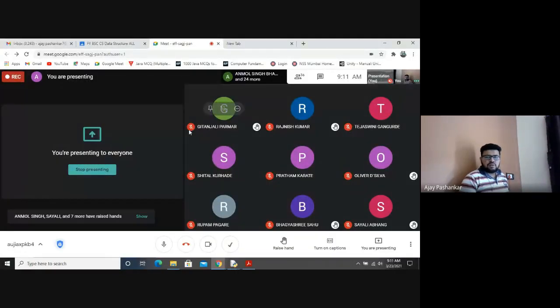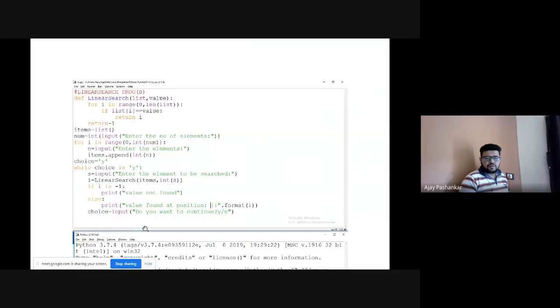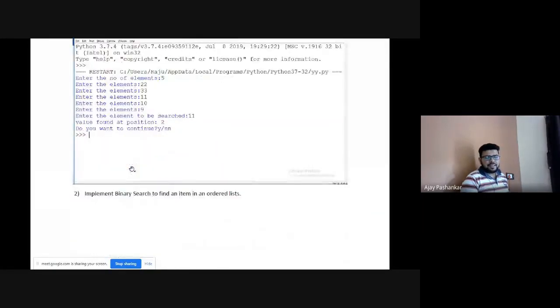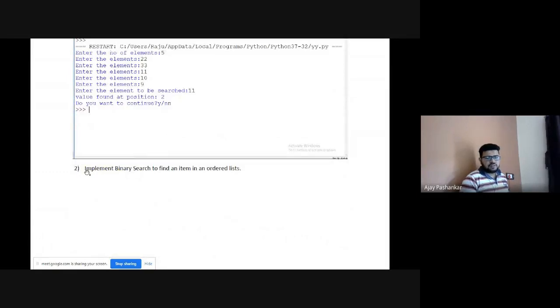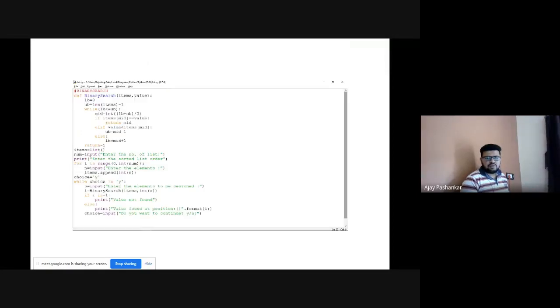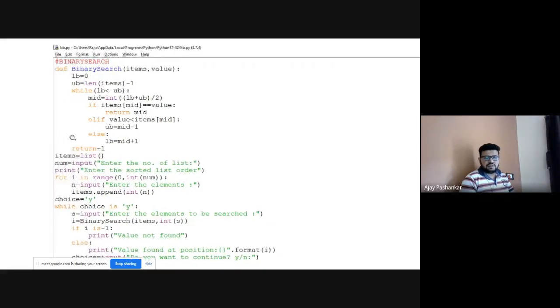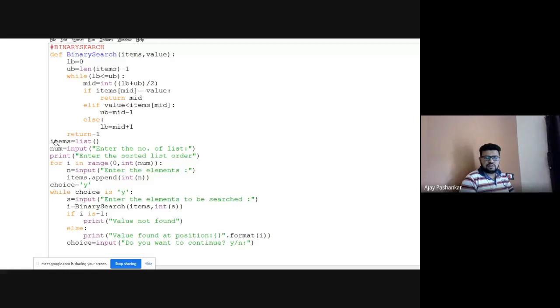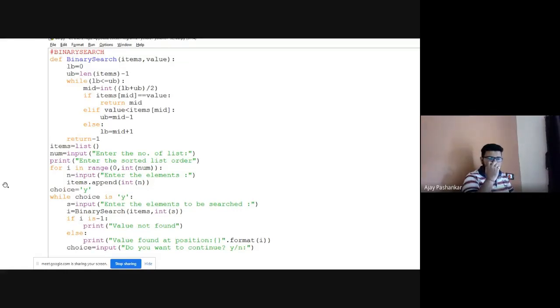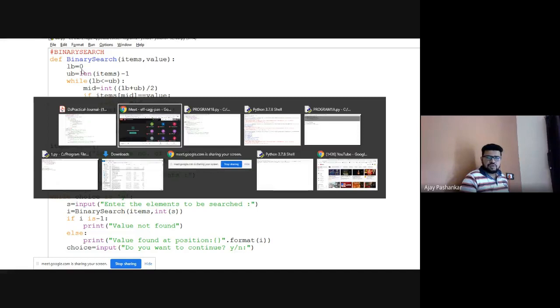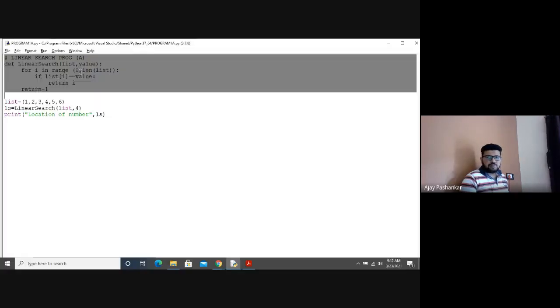No issue. Now moving ahead with binary search. What is a binary search? Search beginning in the middle of your list. Okay, so this is your program. Just zoom in. Simple thing, nothing much there. So we'll type this program. No issue. Just coming back to your program 1A.